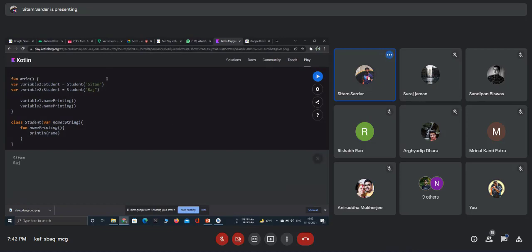But if somehow, let's say, I keep the role here, and I change the sequence, let's say I am passing the roll number first, then my name.